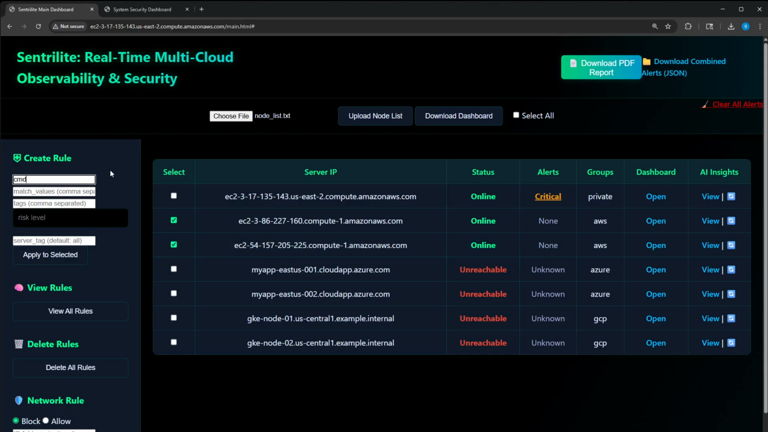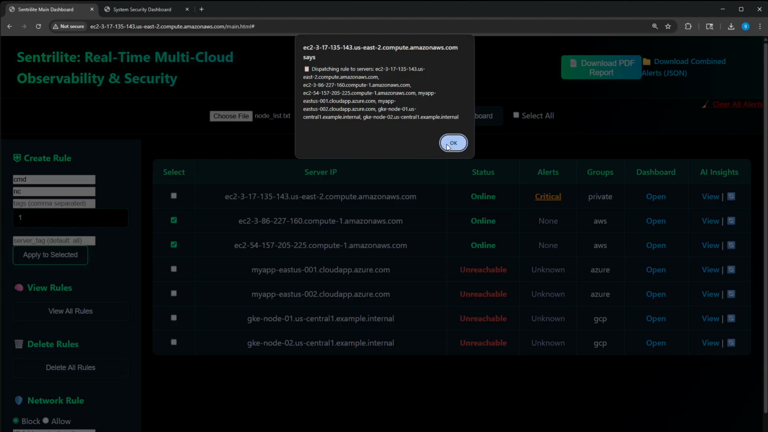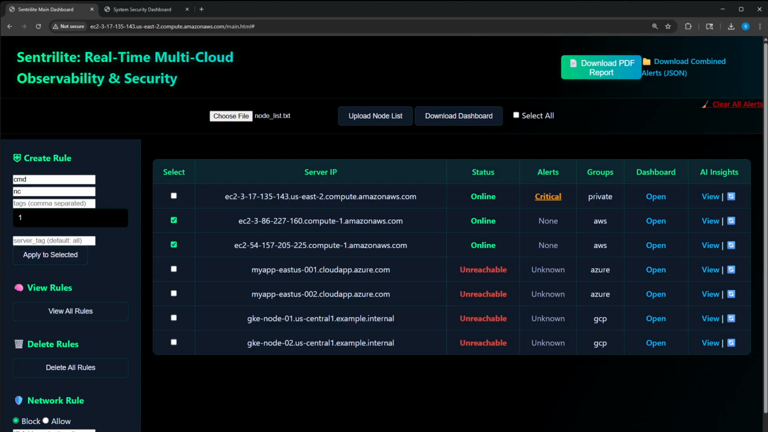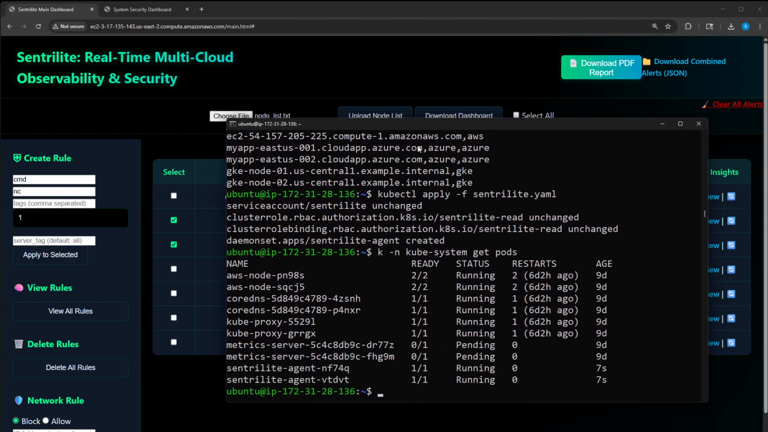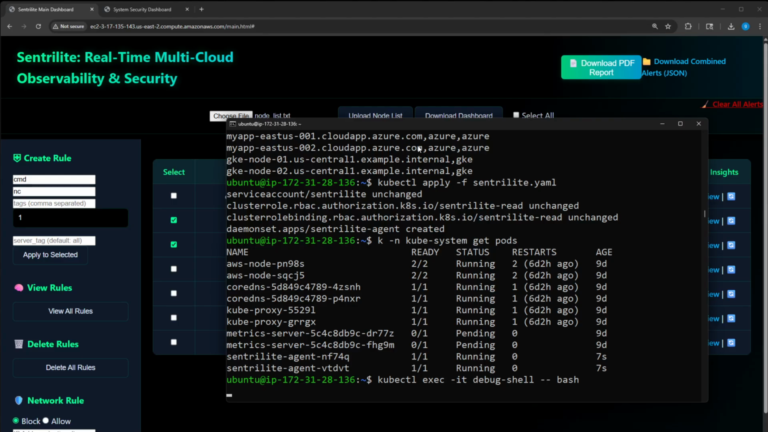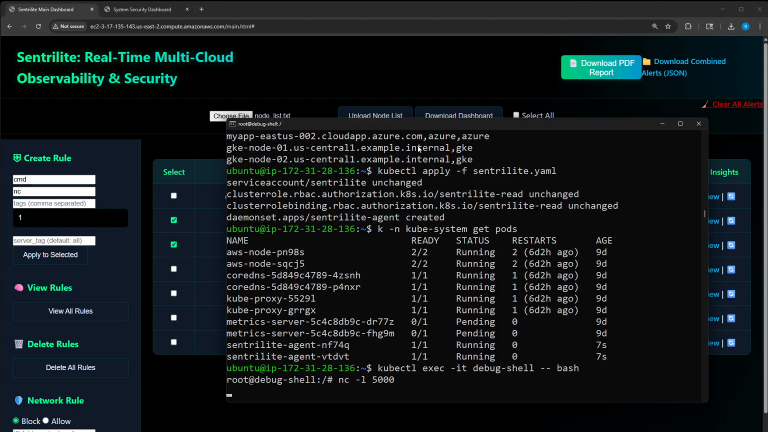For example, flag any command containing netcat or nc to catch suspicious outbound activity with risk level 1. Rules hot reload, no restarts needed. To generate signals, we will exec into a small debug pod and run nc -l 5000, which opens a port on that container. Next, we will run another risky command,